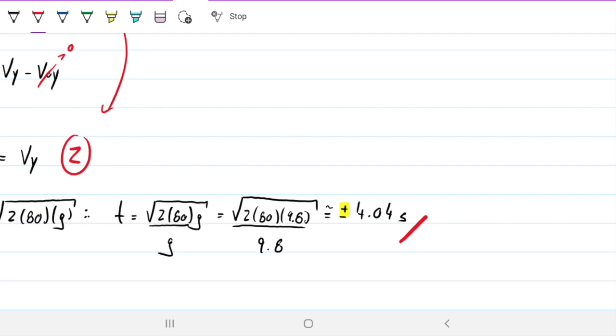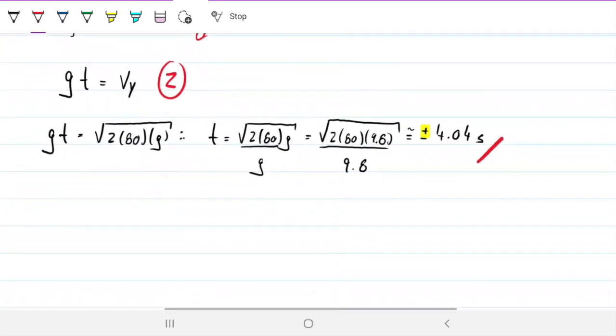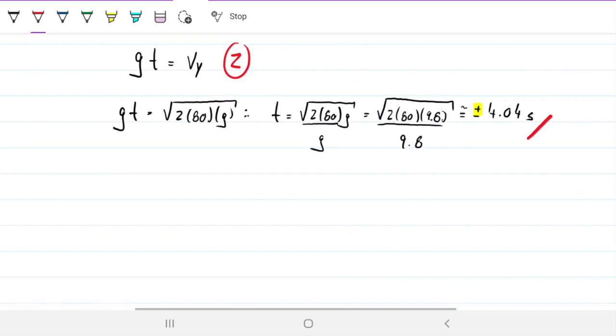In other words, what we just solved is it takes 4.04 seconds for water that is at rest in the y direction and only accelerated due to gravity to get to the ground at an 80-meter height. Okay, and now that we know that, the question becomes, if it takes 4.04 seconds for the water to hit the ground, that's how long it will have to travel horizontally. And horizontally we know